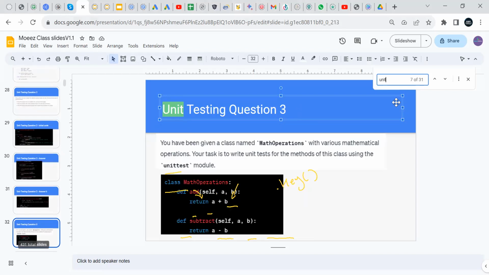This is a given class, and like I told you before, it has add, subtract, divide, and multiply. I will pass you the class in the chat, and then you put this class and start to make unit tests for it.